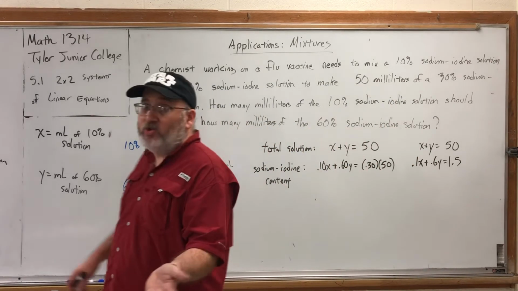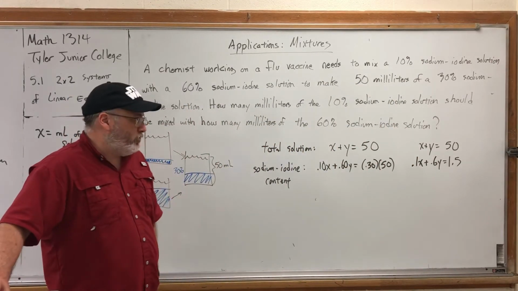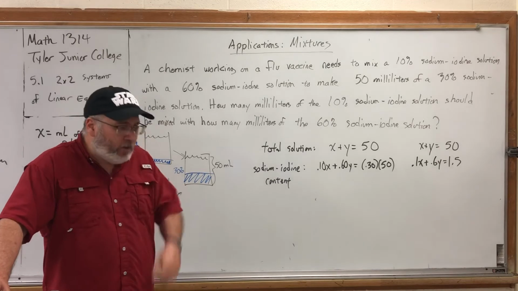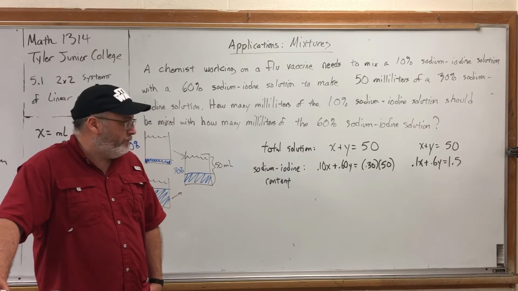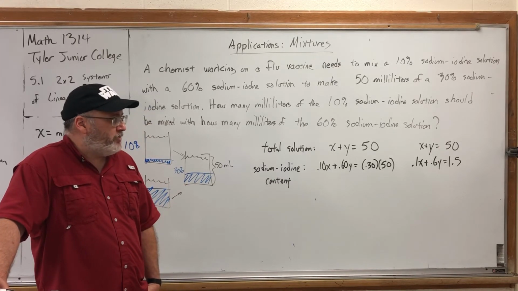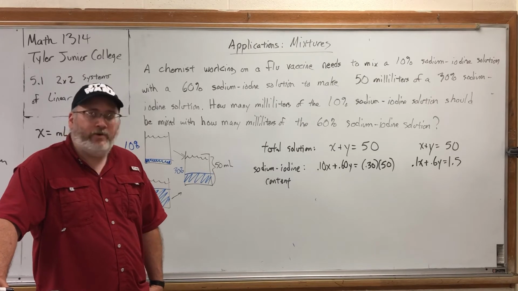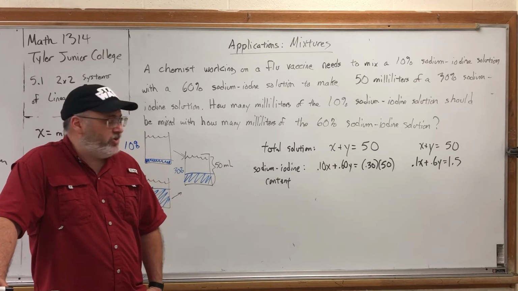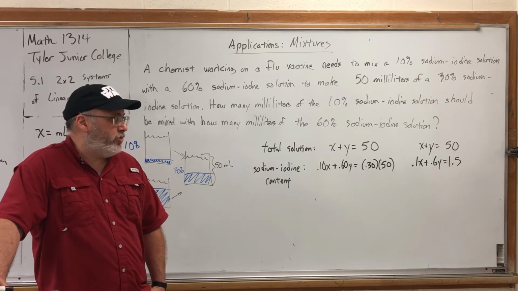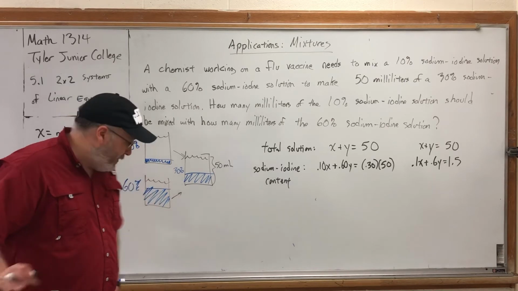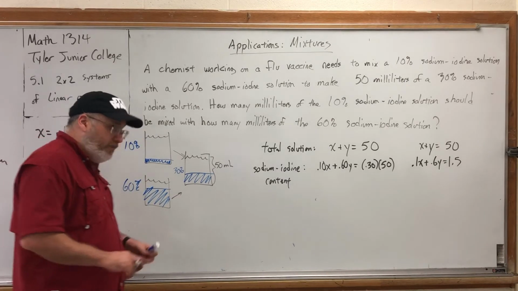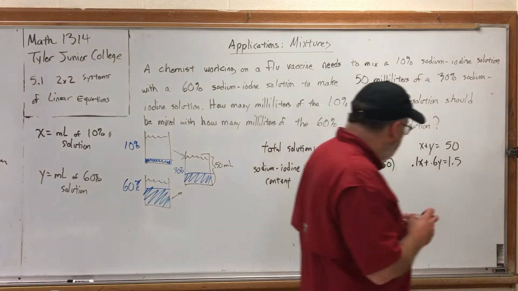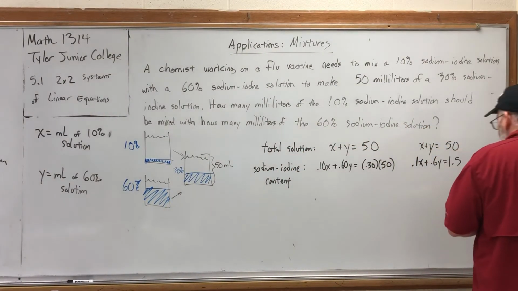Now we just have to choose a plan of attack. Our plans are substitution or addition, excuse me. If we're going to do substitution, we need to solve for one variable. If we're going to do addition, we need to set up a multiplication to create opposites. Either one will get the job done. Just pick a plan of attack and go with it. I think I'm going to choose